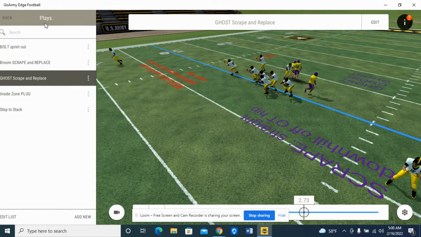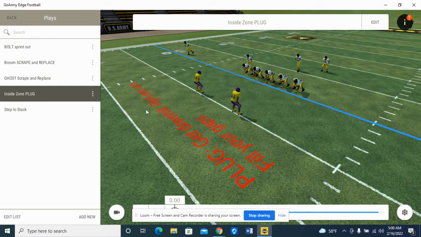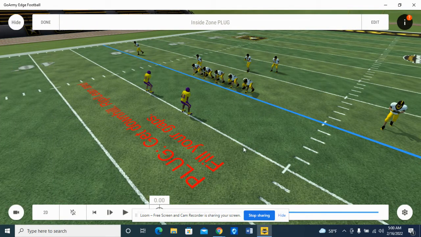So the last word we have is plug. As you can imagine, plug is going to be an inside run play. Now, pre-snap, we just talked about what the linebackers were thinking pre-snap on the last play. This time, we have a deep back. So with the deep back, we think he's going to come straight downhill and finish between the tackles. And if he's going to come straight downhill and finish between the tackles, we think we're going to finish between